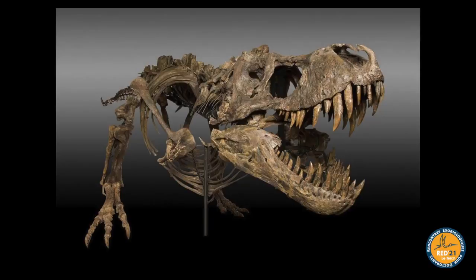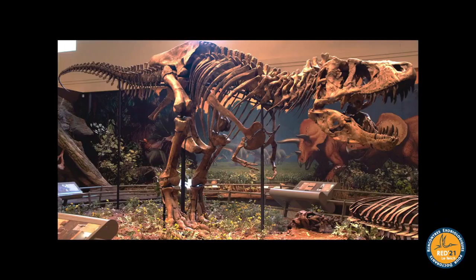Speaking again about the T-Rex. So now you have, I hope, a better vision of what the real paleontological work is, in terms of vertebrate paleontology at least. We are not taking fossils directly from the field and exhibiting them directly in the museums. There is a long process of different stages. This is a very nice exhibition here on the T-Rex, and the T-Rex is again a kind of star because